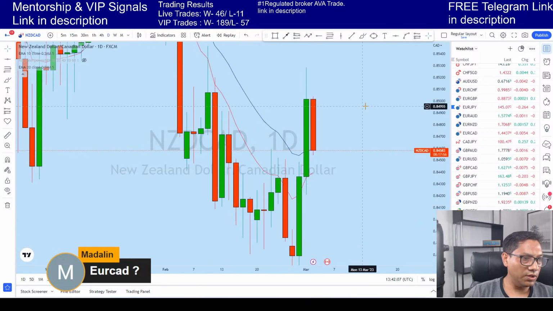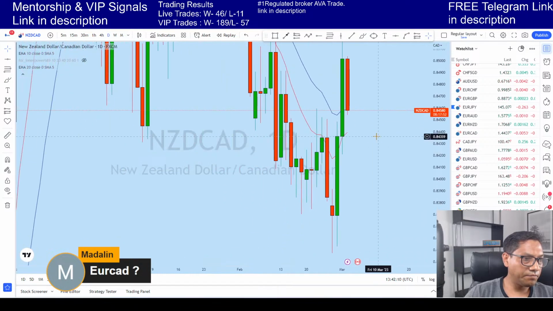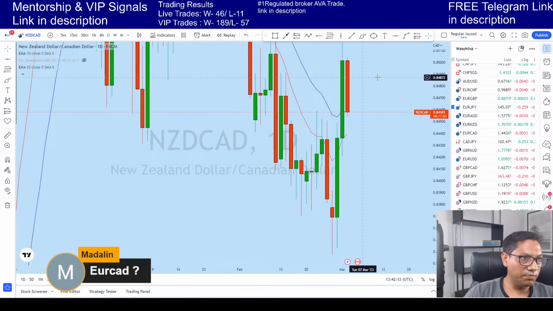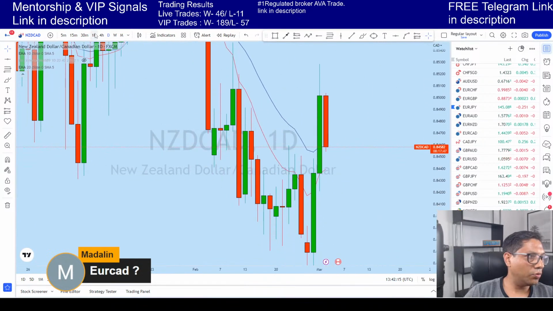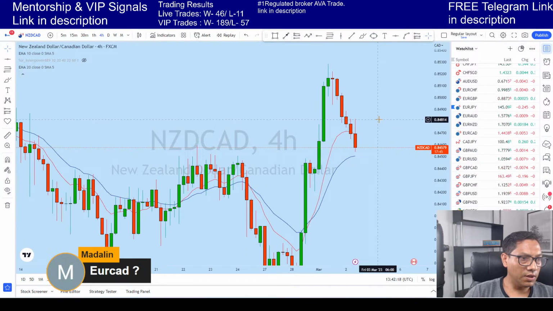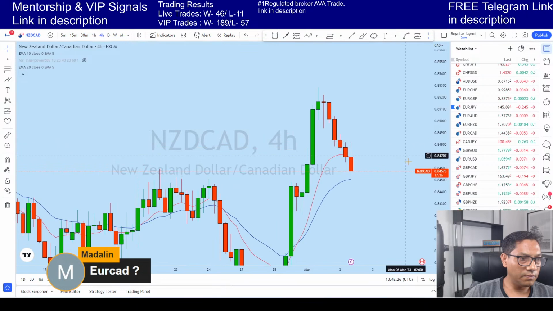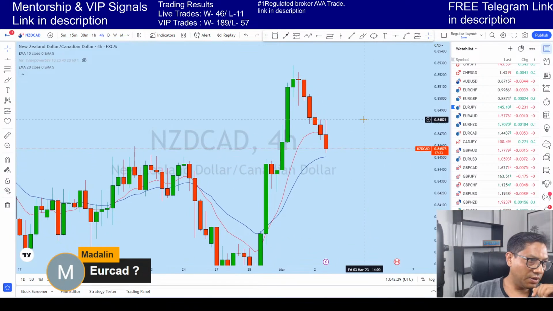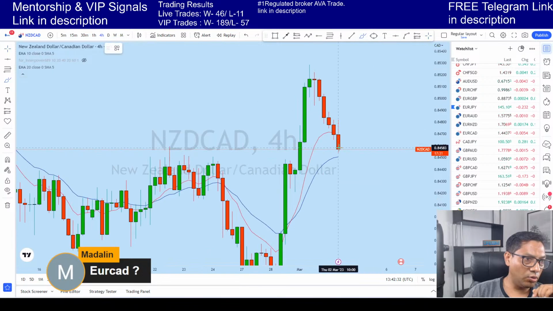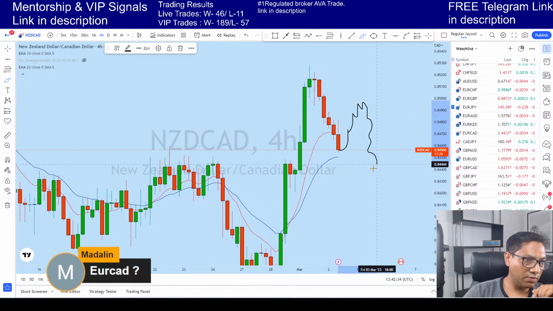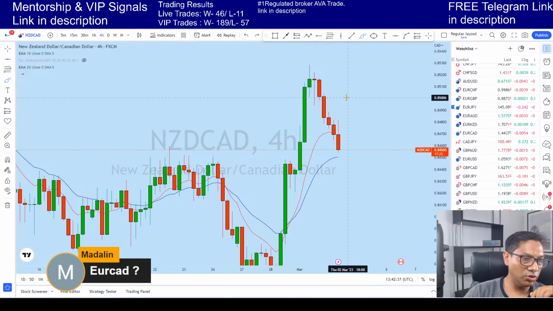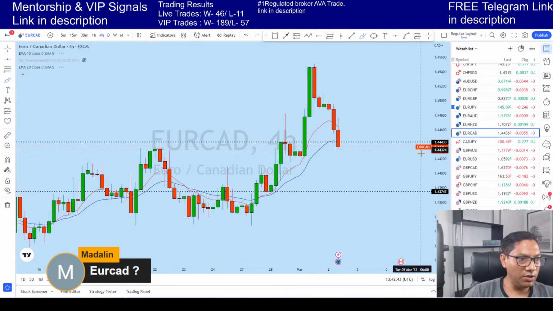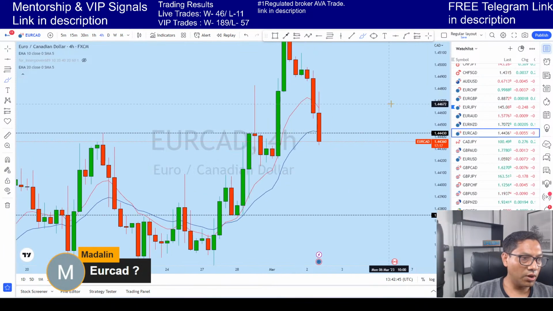Let me look at this one here, how it is doing. We might see, because this move, what we saw, that's a fake move to the upside, and there is a significant liquidity gap here. So we might see some retracement, but at some point, NZD CAD, we could see a little bit of retracement to the upside, but this market finally might continue to drop, like the Euro CAD.